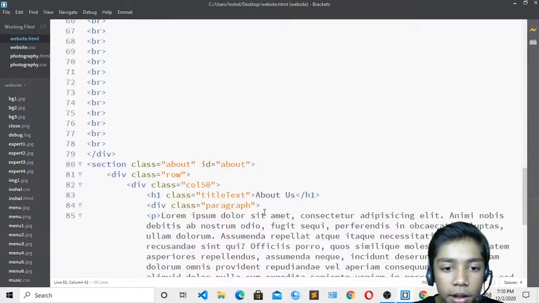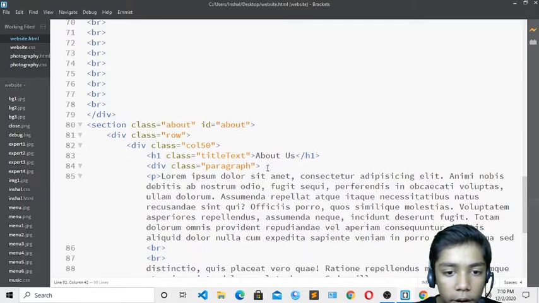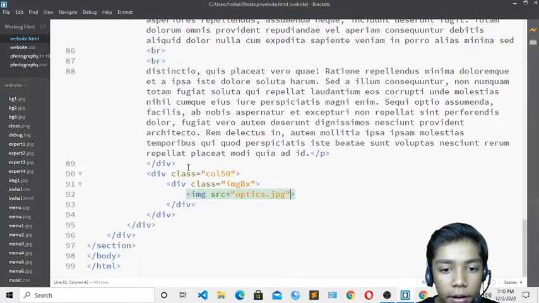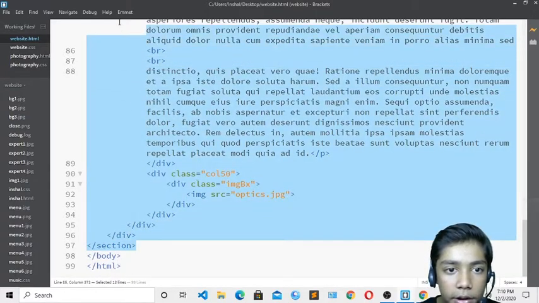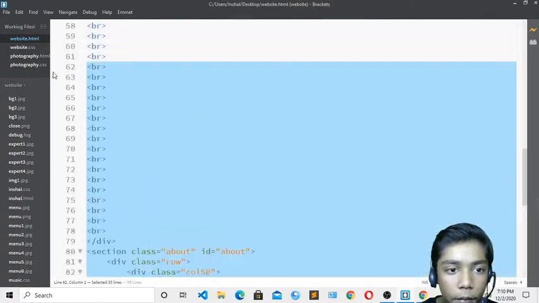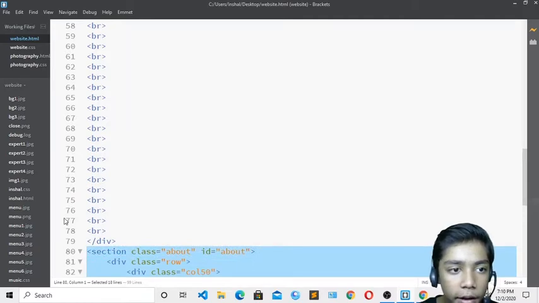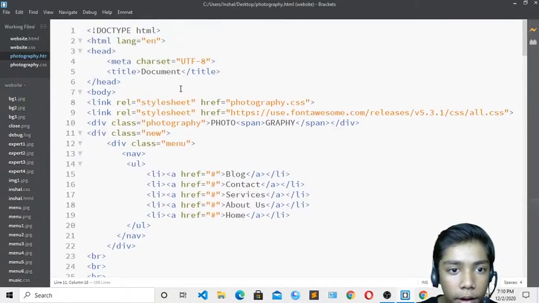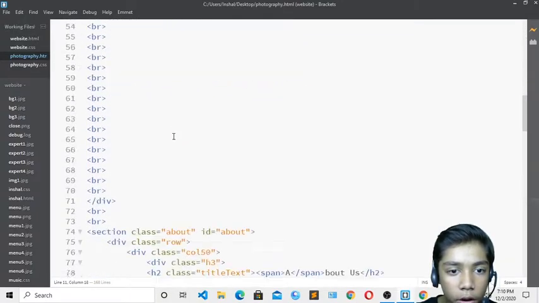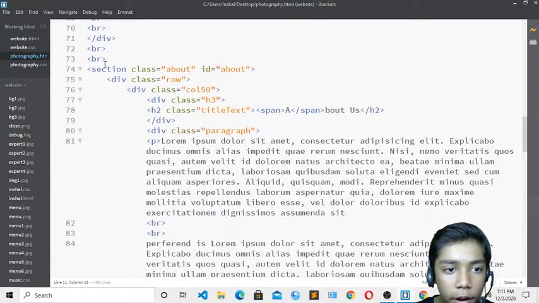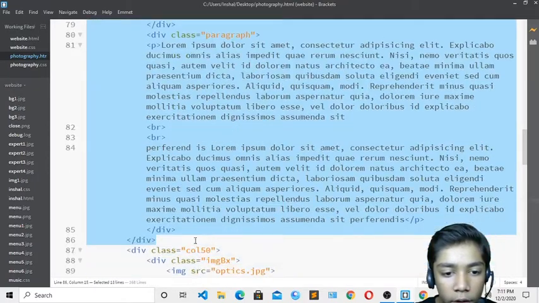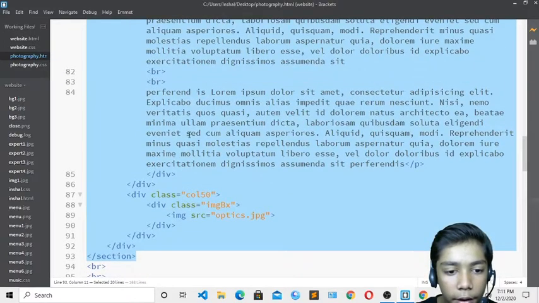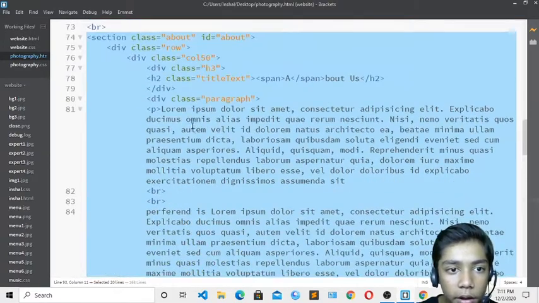Okay, so here you can see div of class. I have just defined row and col50, and now I will highlight that. Okay, so now I have highlighted all these things. Now here you have to go over here, about us. Okay, so now here you can see we have done this, and like that, now the image is also defined over here. Okay, so over here this is our section 1.